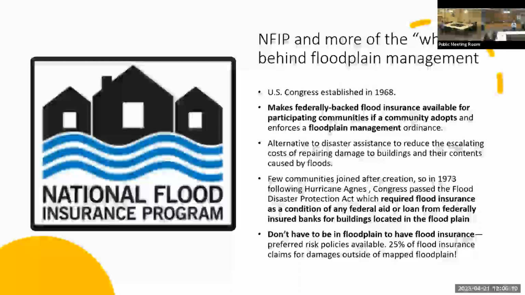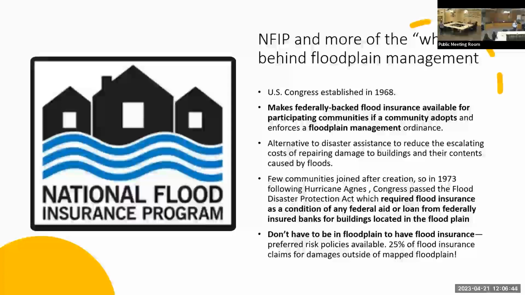So a little bit more about why we have floodplain management. Of course, there's definitely damages from flooding, and we need to maintain those natural functions. But we also have something called the National Flood Insurance Program, which was created in 1968. This was in response to costly federal government damage payments to communities and individuals after flood disasters. They created a flood insurance program,